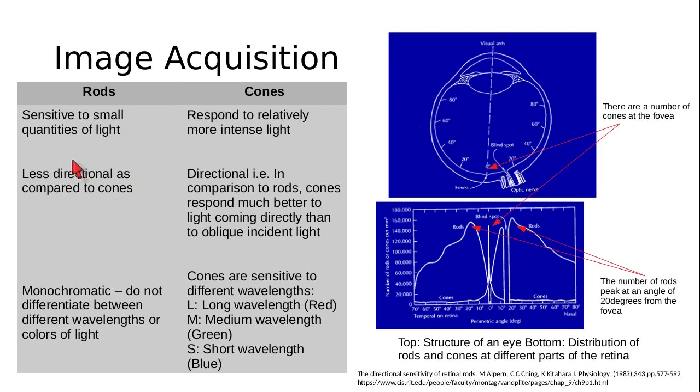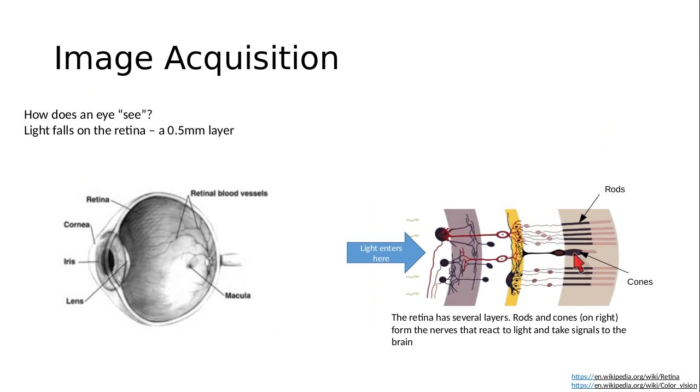That is, in comparison to rods, if light is incident on cones directly, so if you have a cone and light gets incident directly on it, let's look at this image. So you have a cone here. If light falls directly in from the front, like light falls directly on the cone like this, then the cone generates a certain electrical impulse and passes it through the nerves. But if the light comes at an angle, so light comes from here and falls on the cones, the amount of electrical impulse or signal that is generated from the cones is much smaller. Right? This difference in the case of rods is lesser.